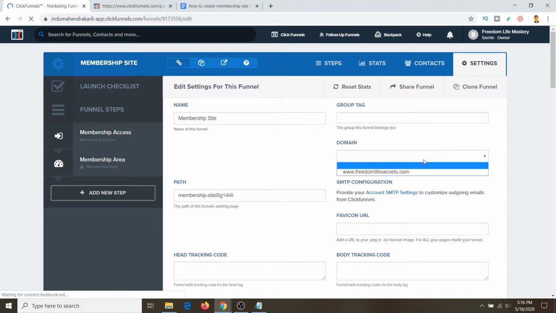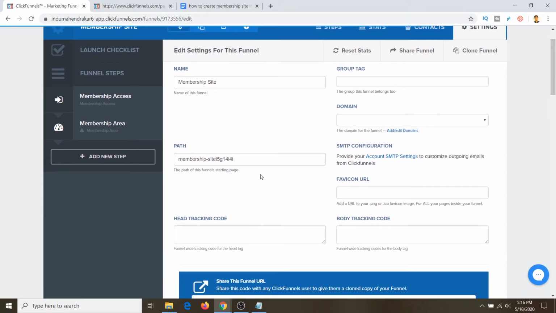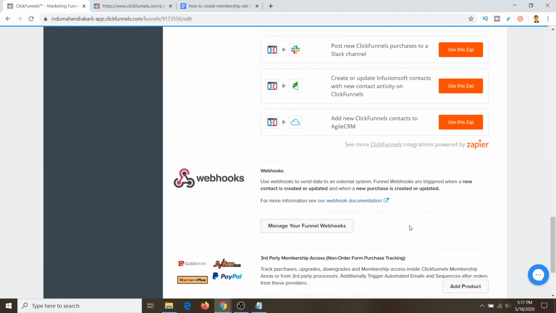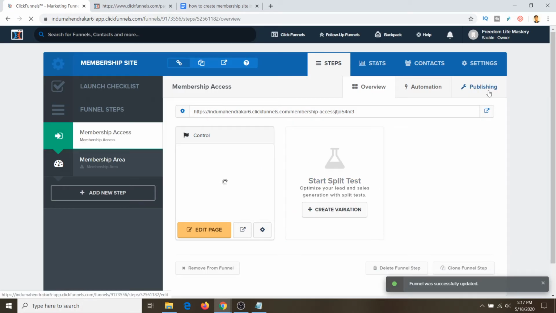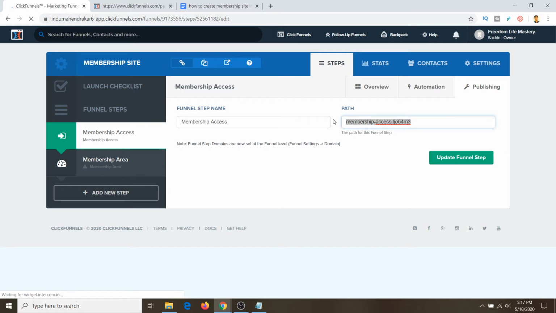I'm not choosing any domain right now for this demo purpose. For the path, I'm just going to give membership access. Then come to the bottom, save and update settings, and you can go to publishing. You can update your step path.